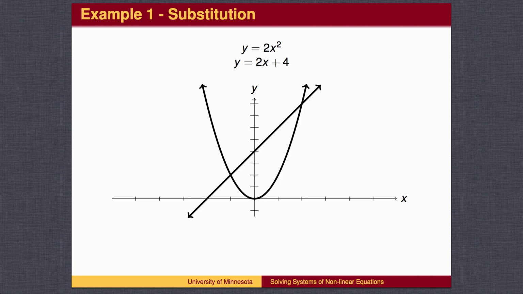Now let's solve some equations. The methods are the same as we use for linear equations. The first method, substitution, relies on our ability to solve one equation for one variable and substitute it into the other equation. Before we use algebraic techniques to solve, it is helpful to have a graph of the two equations to get a sense of how the two graphs might intersect. In this problem, the first equation is a parabola and the second equation is a line, which may intersect in 2 points. Our solution should be two ordered pairs.